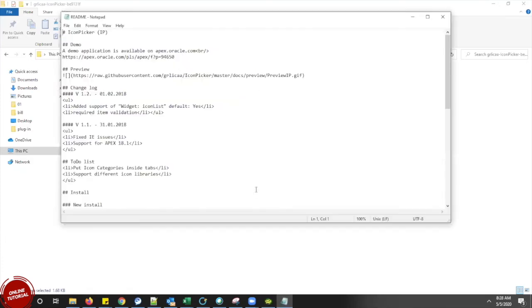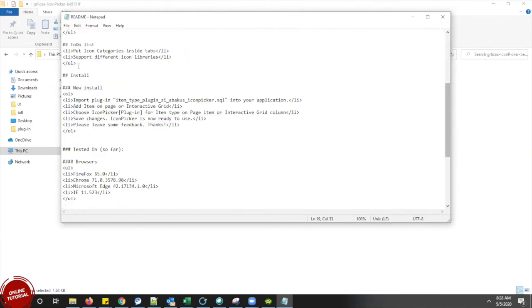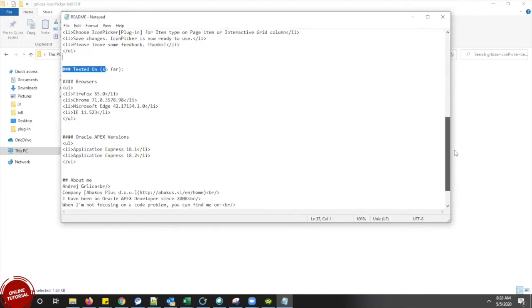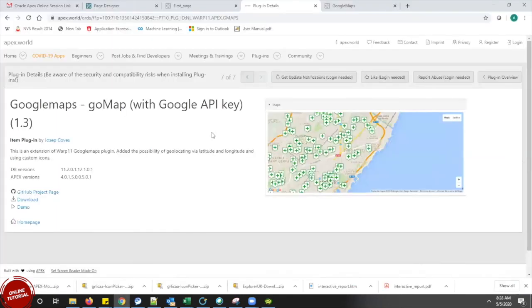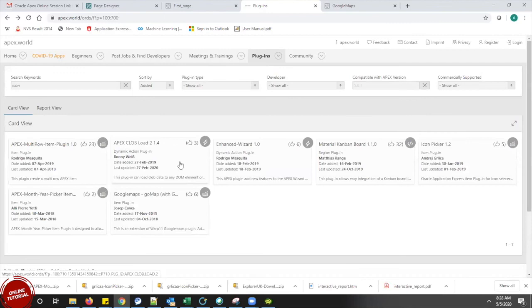The README will tell what this API is actually doing and what the use of the API is. Again, this is a demo. You can leave it. This covers the fixes, how we have to install it, how we have to test it, and which versions it is going to support. So basically, from the requirement, whatever we want, we just download that API we are looking for.